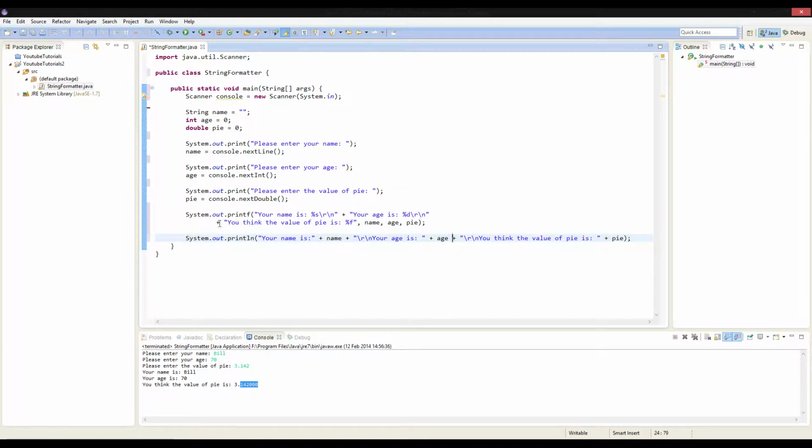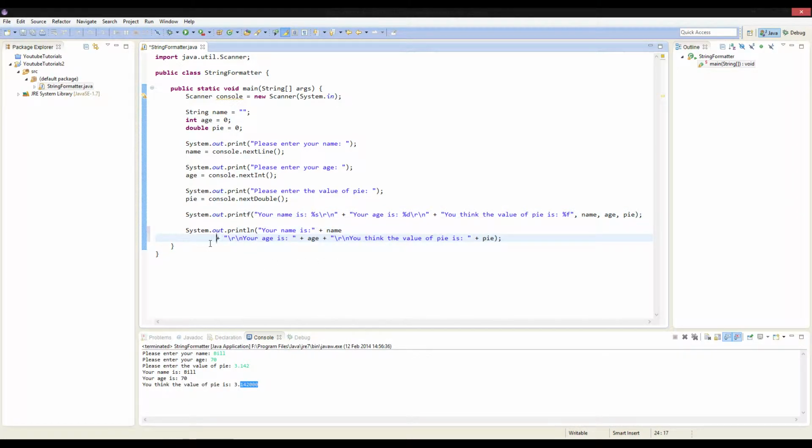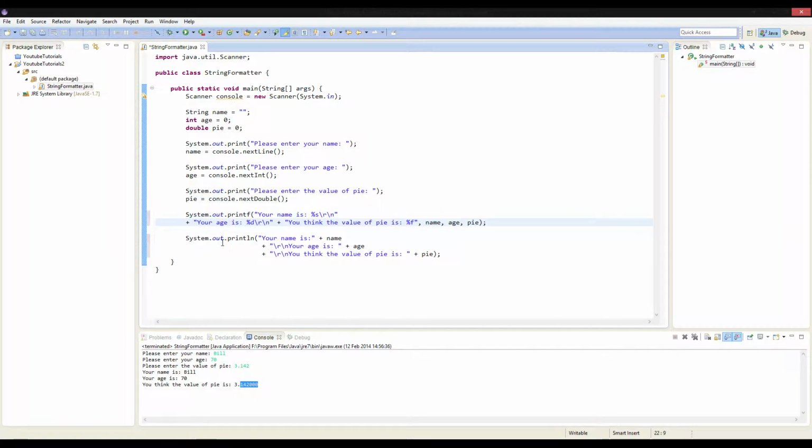So if we put this back to normal, so it's all on one line, you'll notice that this is a lot more readable than what this is, because you've got so many concatenations going on. Imagine that you had a massive line here that has millions of variables going into it. You could do the following, so for each variable you type in, you could do the following, but then again that's not that readable,